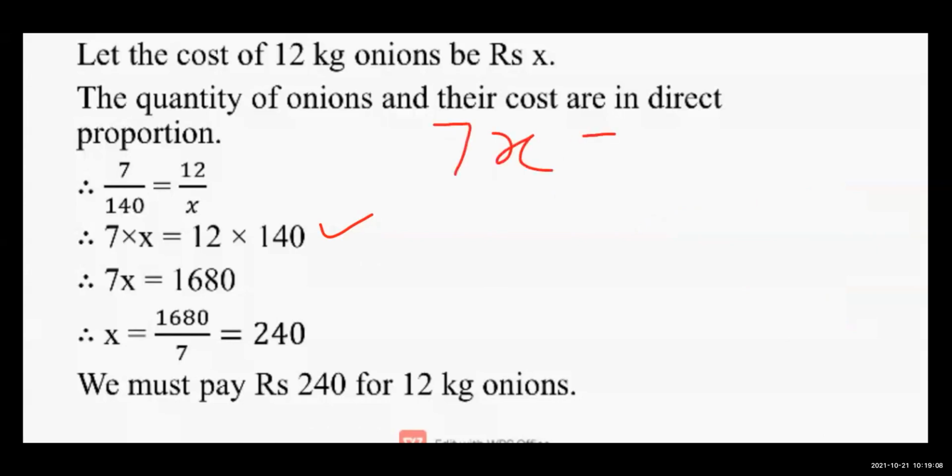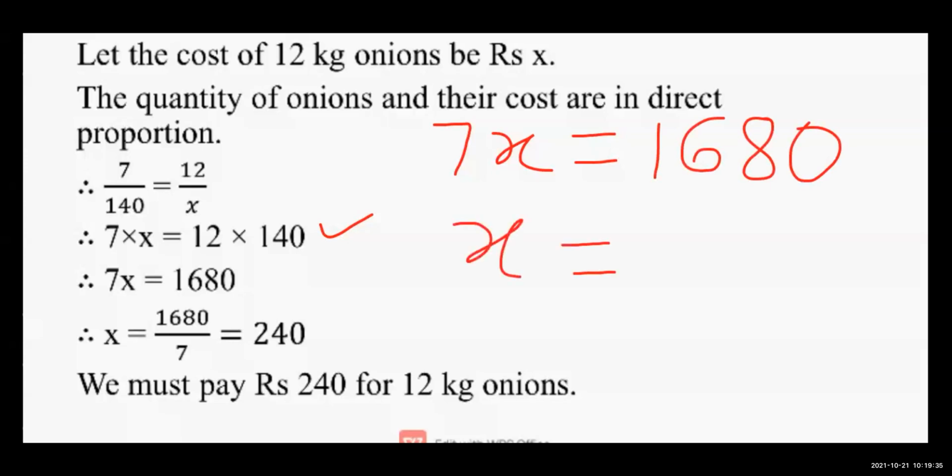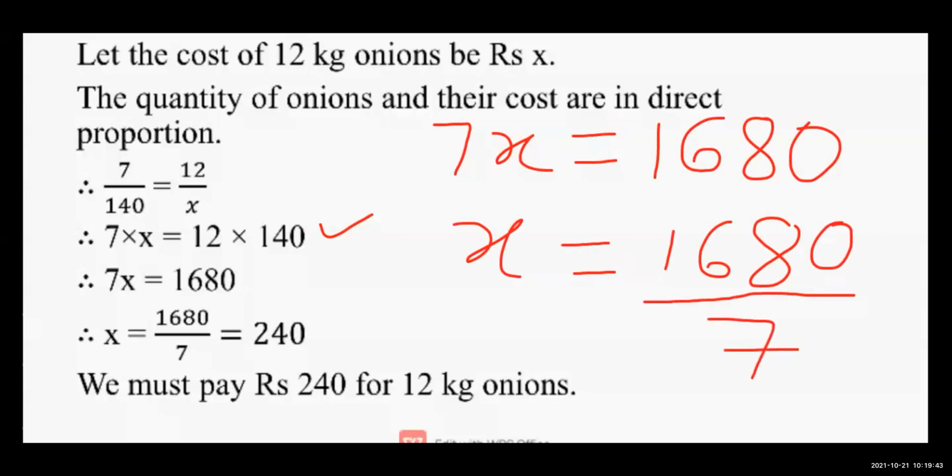And if we multiply 12 by 140, what are you people getting? I want answers in the chat box. Very good, Snehal Vaishnavi. We are getting 1680. Your answer and my answer are matching. 1680. Clear? Now what I told, one side x will remain here equal to 1680, and this 7 is multiplication, it will come here and become division.